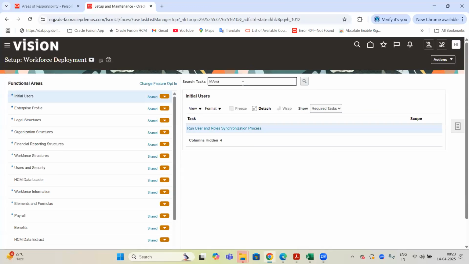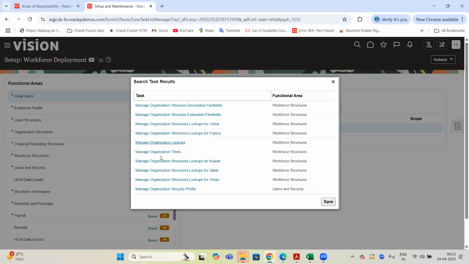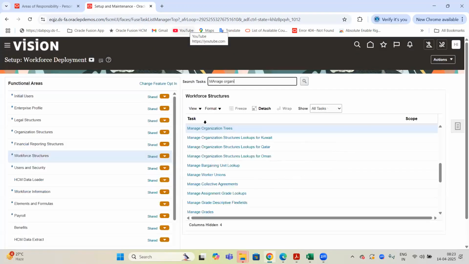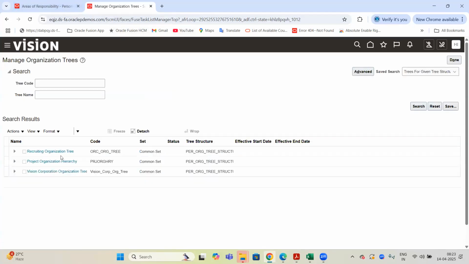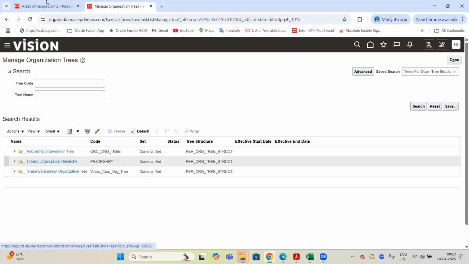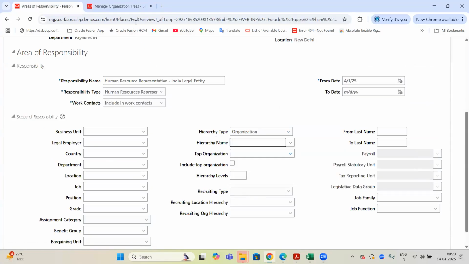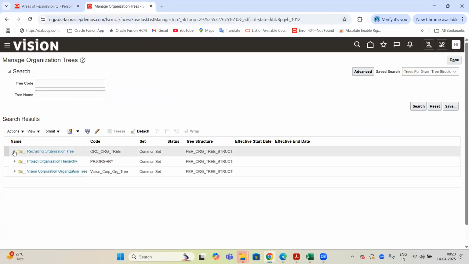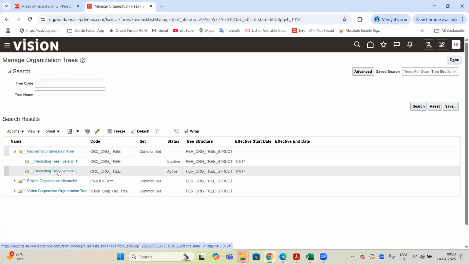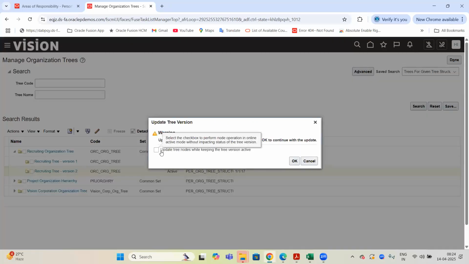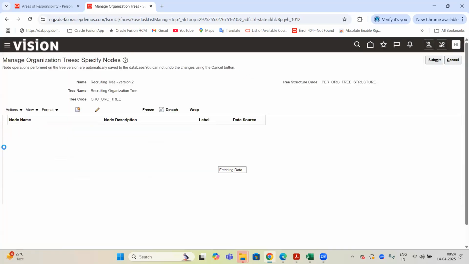We come to manage organization tree here. Whatever trees are available in this instance, we can search for them. Some recruiting project organization is defined in this demo instance, and I'm using that. So here, whatever the active version, if you go, whatever tree nodes we defined from enterprise till